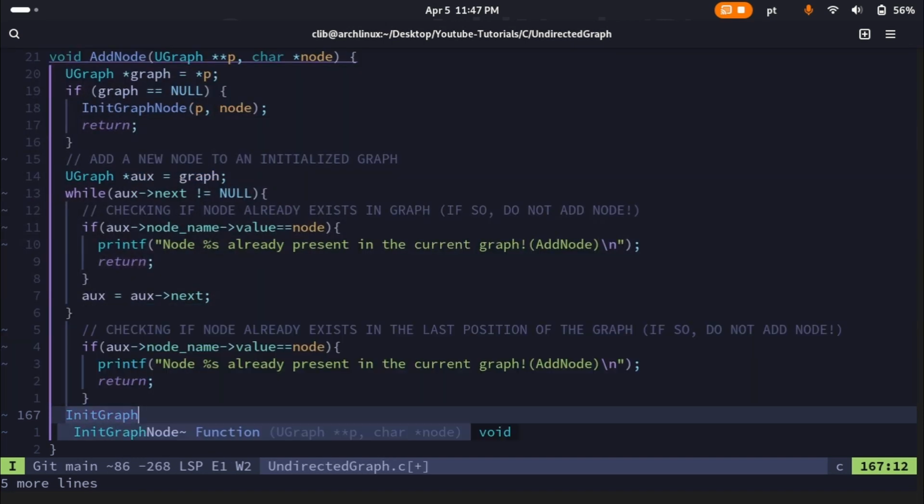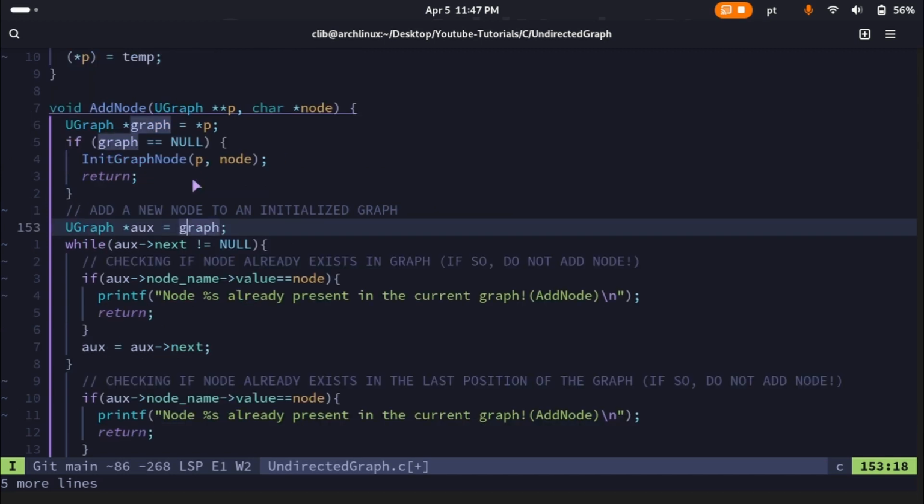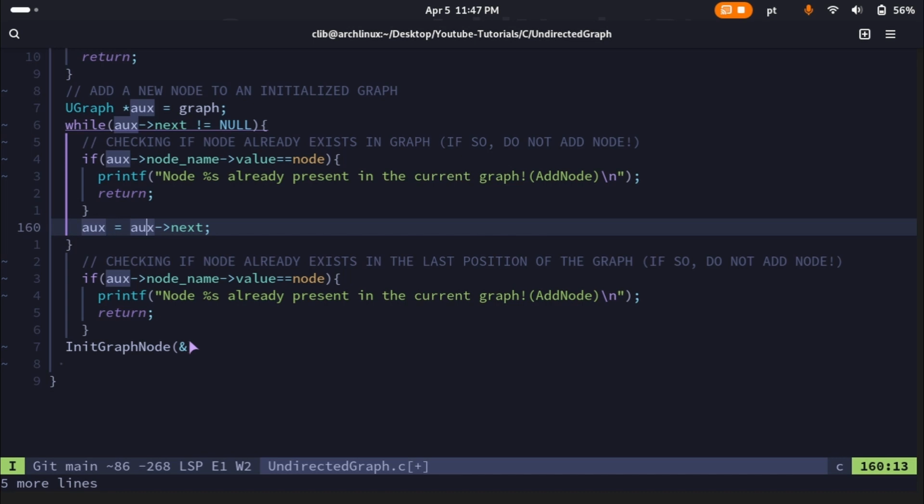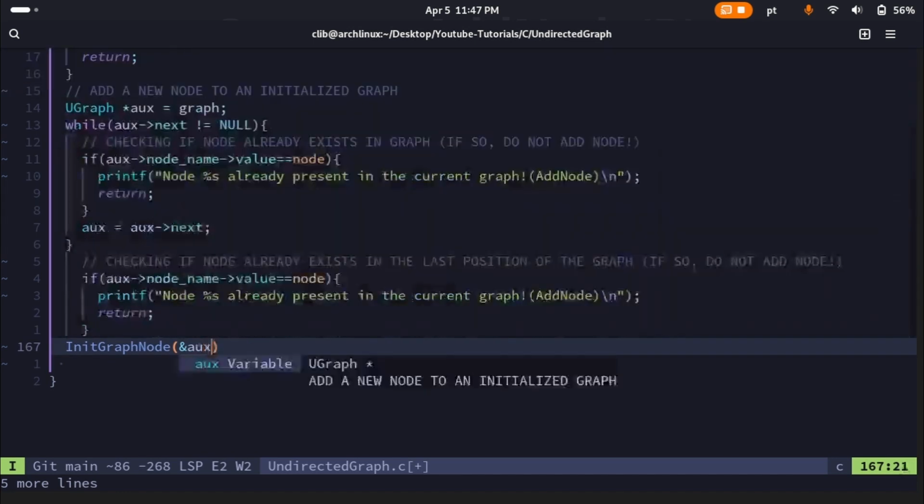And last but not least, the last thing we have to do is add the node to the graph. So init graph node that we have already created, and we have to pass the graph we want to add it to. And this is pretty tricky if you're not paying attention. We're not going to add it to graph because we were not looping graph. We're looping auxiliary in this case, right? So in this case, we're going to loop aux, next,